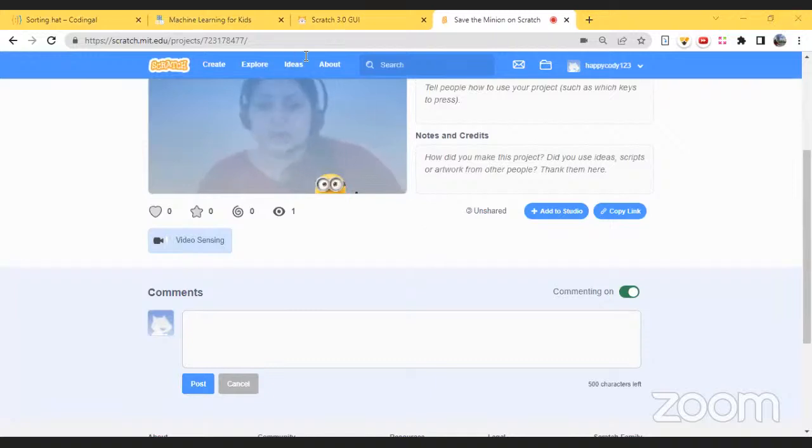If anybody is interested and wants to try this, here in your chat, save the minion. You can just try this. Even with a phone, you can try this. You can play it. But make sure you give access to your camera while doing this. Even in your Scratch activity in machine learning, whenever you are doing Stripe Panda or